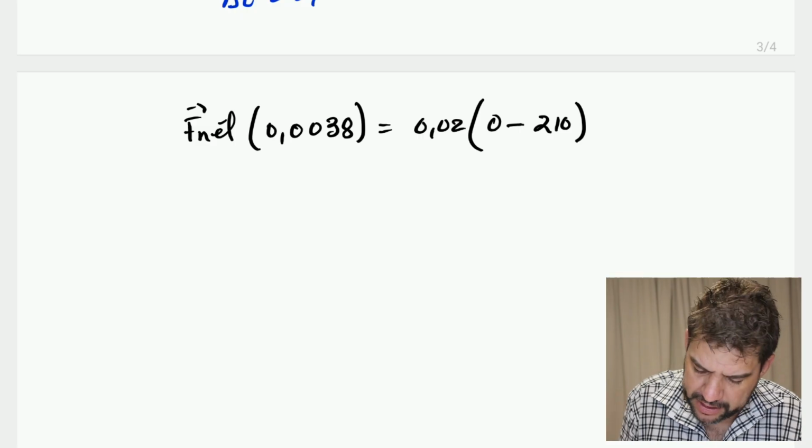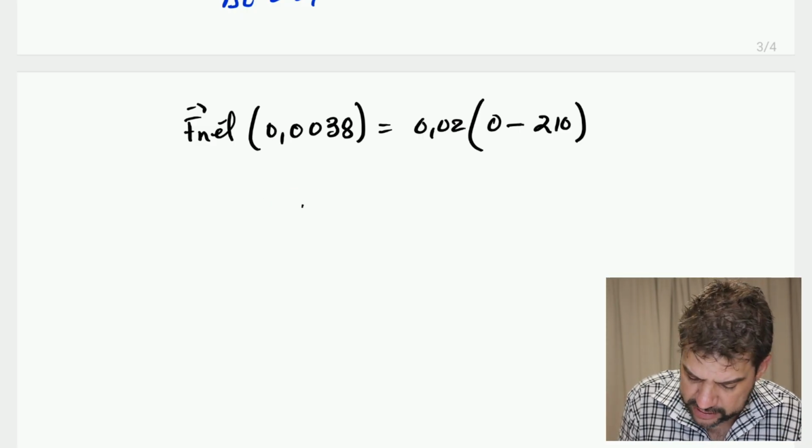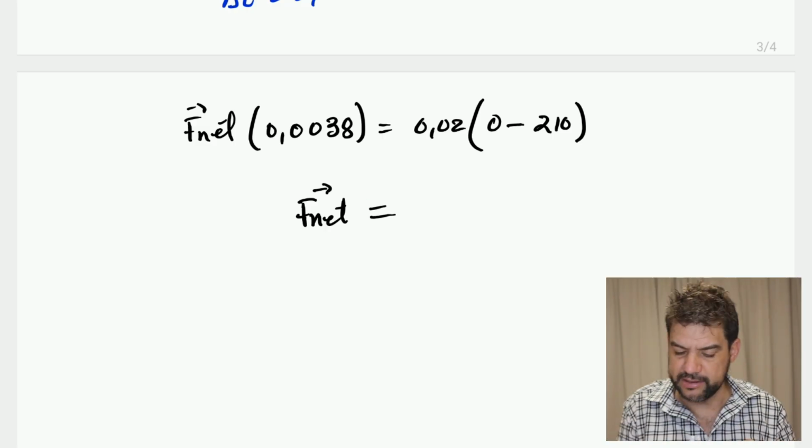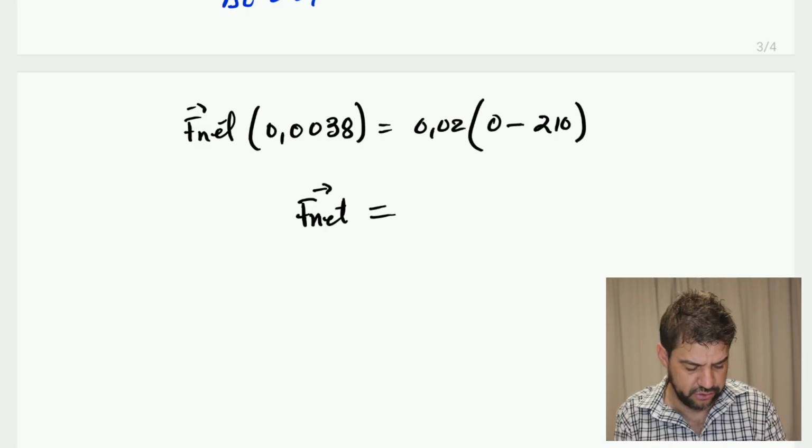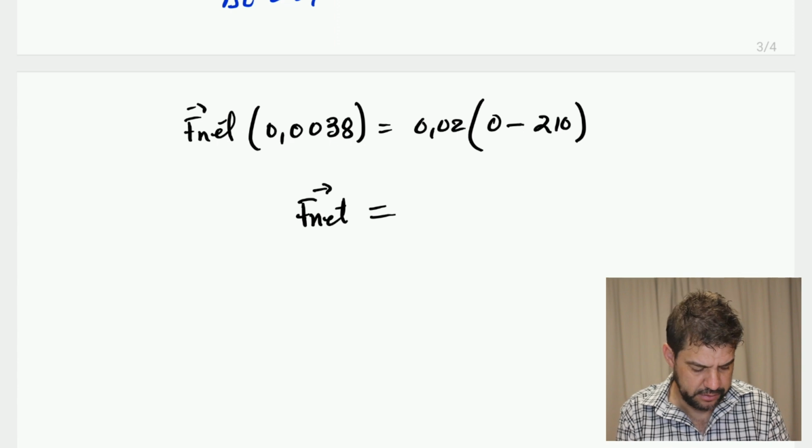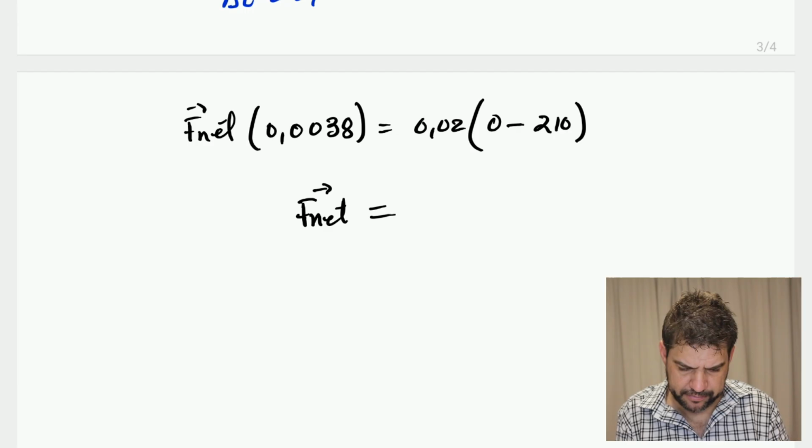So if you solve this one, you get that F net is equal to, and guys, this is just calculation, 0.02 times 210 divided by